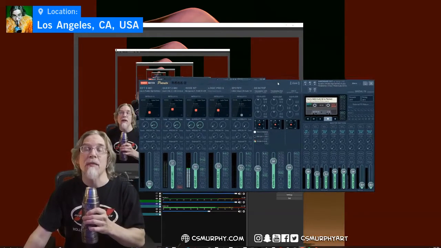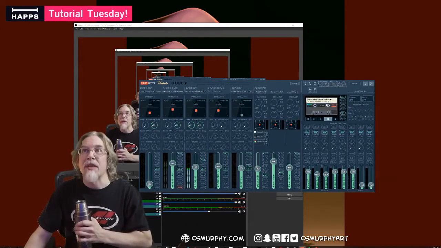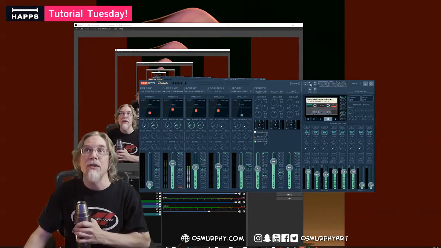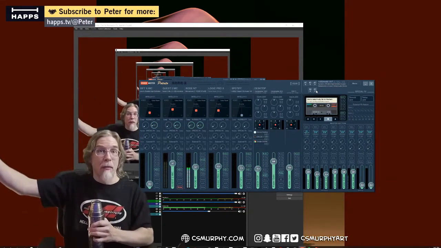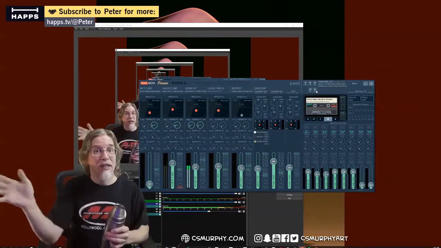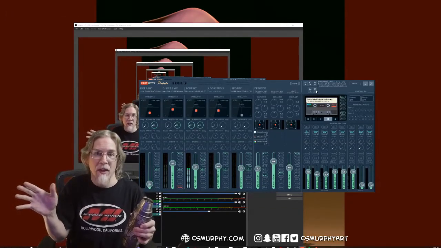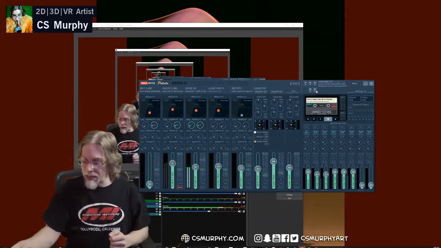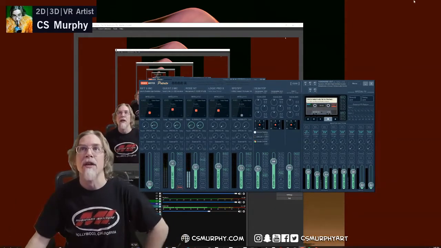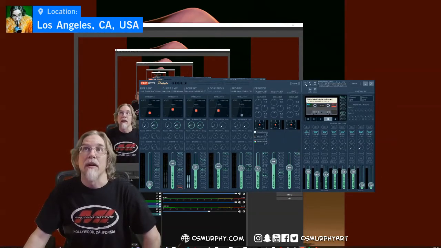But the way you actually set it up, because once you download it and install it and open it up for the first time, it's not going to be ready to go. So over in the top right here, right above this tape deck, there is a hardware output thing right here. And there's A1, A2, A3, A4, and A5. These are all outputs because once you bring everything into the mixer, you need to put it somewhere. Because once you have it in there, it's in there, but you can't do anything with it. We need to tell Happs, hey, this is our audio, and it's coming along with OBS virtual camera, which is our video source, right? So what we need to do at this point is tell the hardware what to output to